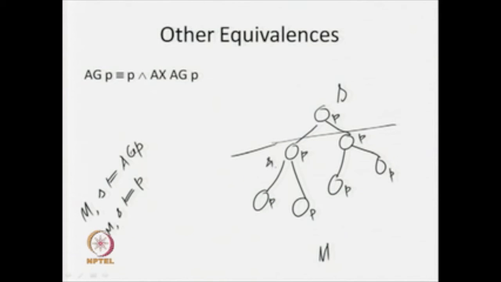This is S1 and S2. In S1 and S2 now, what should happen? Again in S1 and S2, AG P must be true. So, that is why we are saying that in all paths in next state, AG P must be true. If AG P is true over here, then in both the states, that means, here I am going to get that in all paths in next state AG P is true.